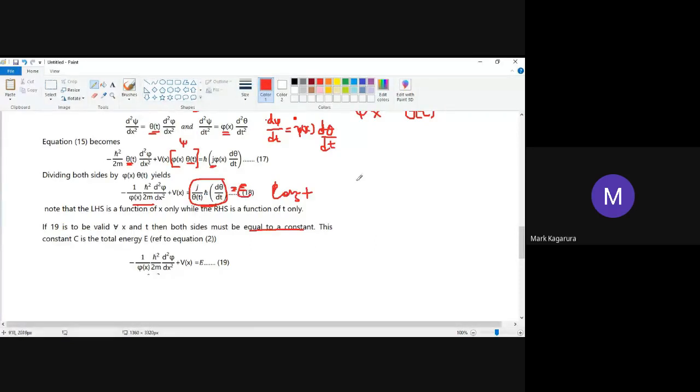so this will be d theta dt is equal to E times what? E theta t, E over H, right? E over H, is it H bar? So d theta dt is equal to E over H bar theta t, right? You had a j somewhere. So if you integrate both sides, you end up with theta t as